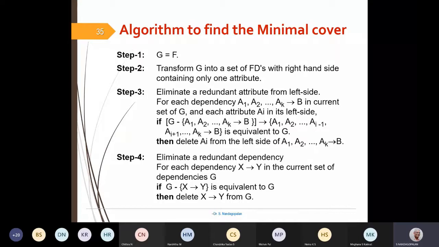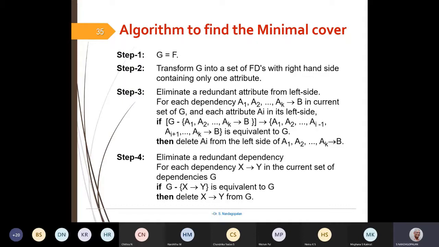Yesterday, in my previous lecture, I mentioned this particular point, step number 3: how to find out whether the left hand side has some redundant attributes or not.